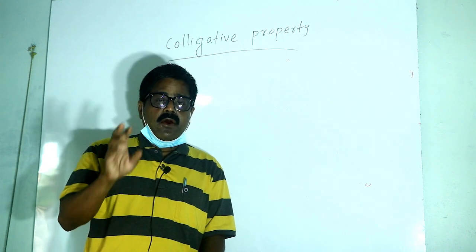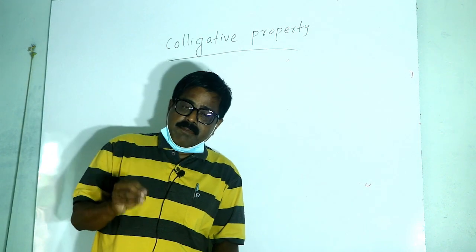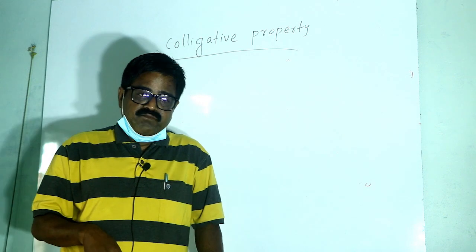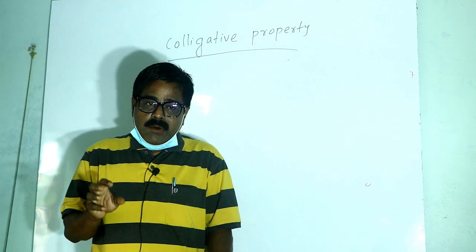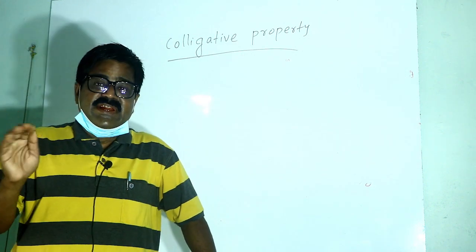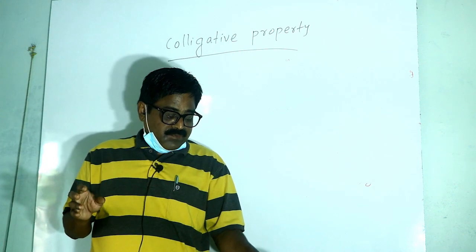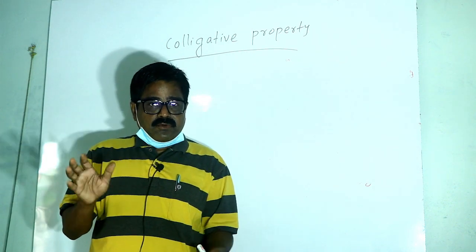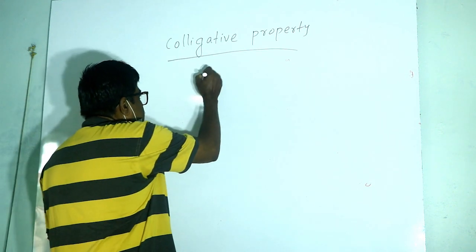The property of a dilute solution which depends on the number of solute particles but not on the nature are called colligative properties. And there are few colligative properties we will discuss, let's say one, that is lowering in vapor pressure,